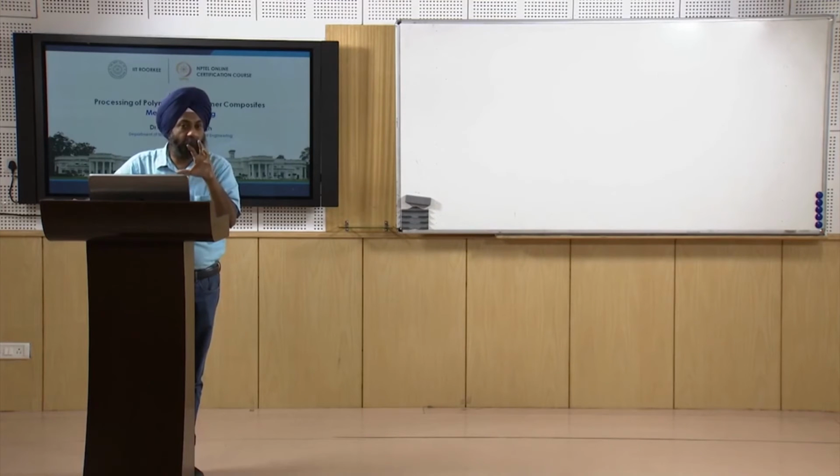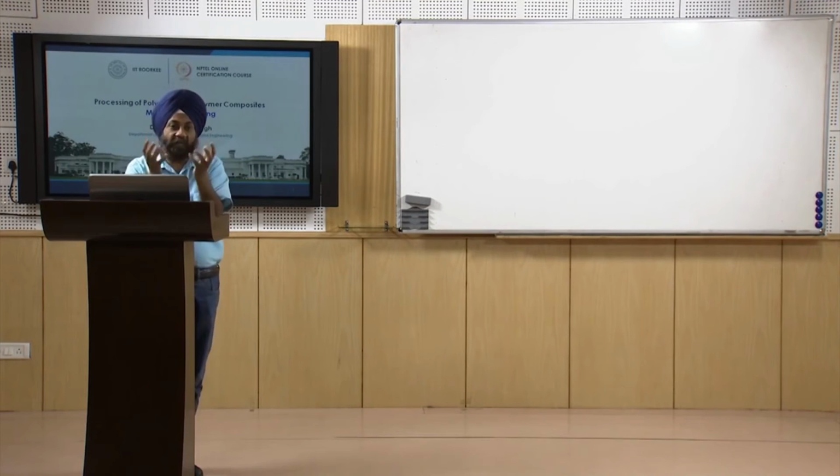Now depending upon the type of load, why will the load act on the joint? Because the structure that we have developed is going to perform its intended function. It has been developed for a particular application, and in application the component or the product has to bear some kind of load. When the load acts on the product, what is going to happen to our joint is a cause of concern for all engineers.